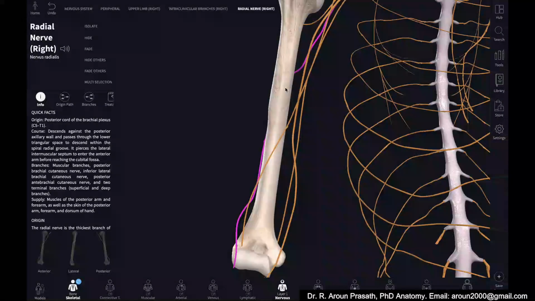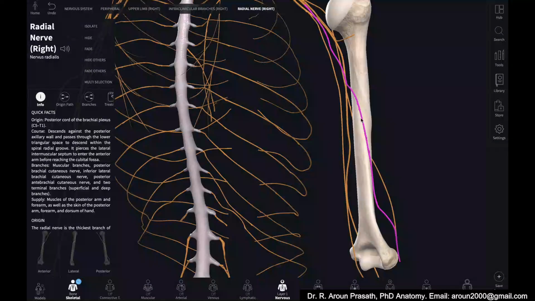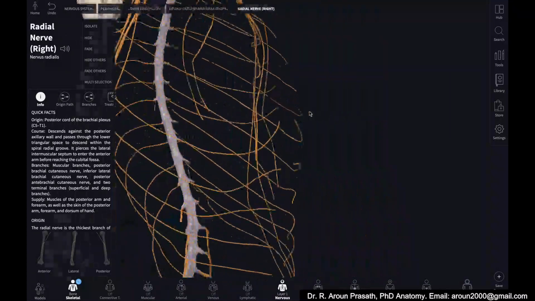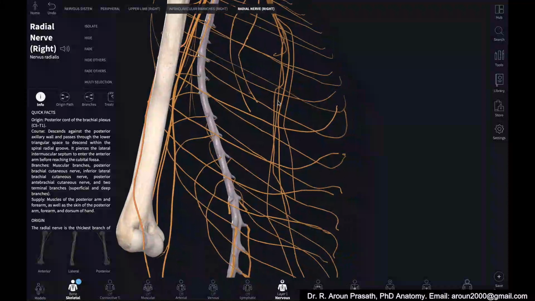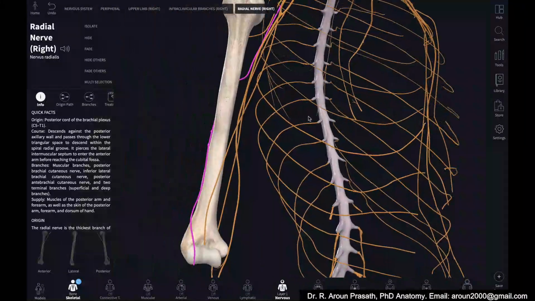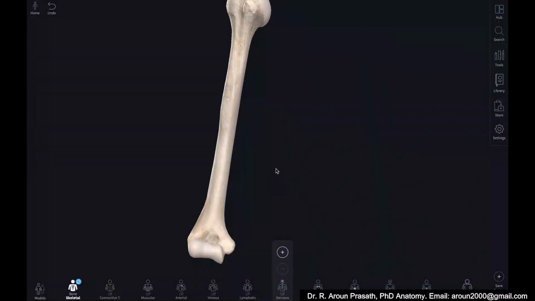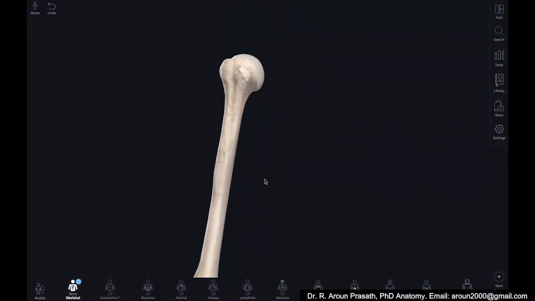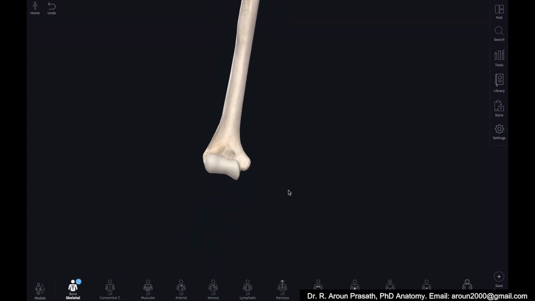Where there is presence of wrist drop, you cannot do the extension of the wrist. That line is called the spiral groove of the posterior aspect of the humerus. Coming to the fracture, there are a lot of fractures, but let's not go deep into the applied anatomy. Now, coming to the lower end of the humerus,